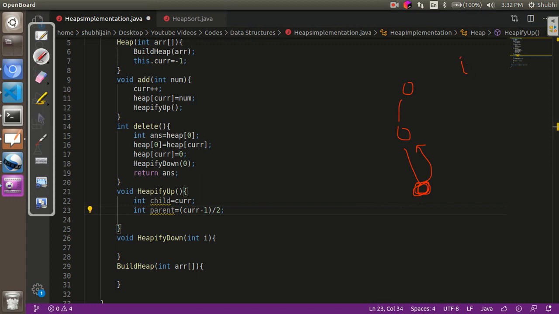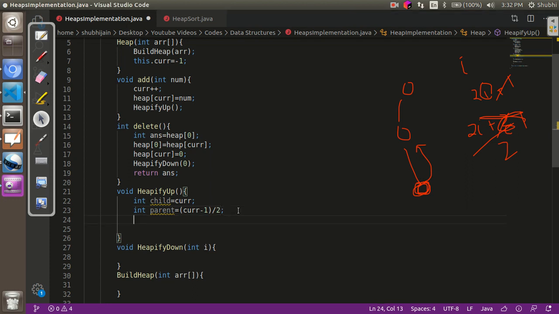We know that for I parent the children are at 2i plus 1 and 2i plus 2. So if I perform this formula, minus 1 removes this and by 2 gives me I. So we received I from this child, and if I do the same over here, this becomes 1, and as we are storing it in the integer part, this gets removed when we divide by 2. So again we retrieve the parent node, or the parent index I.